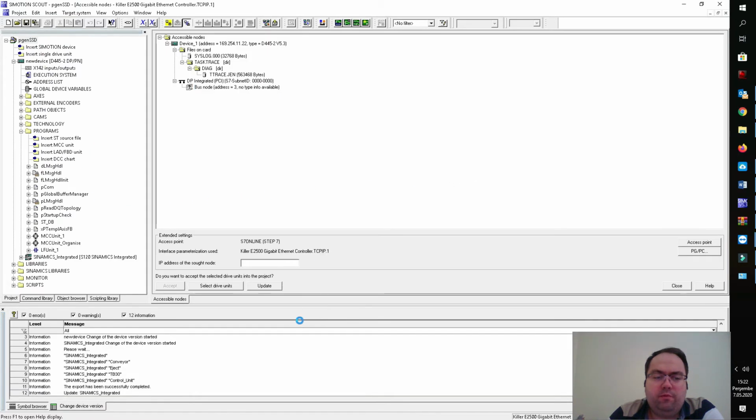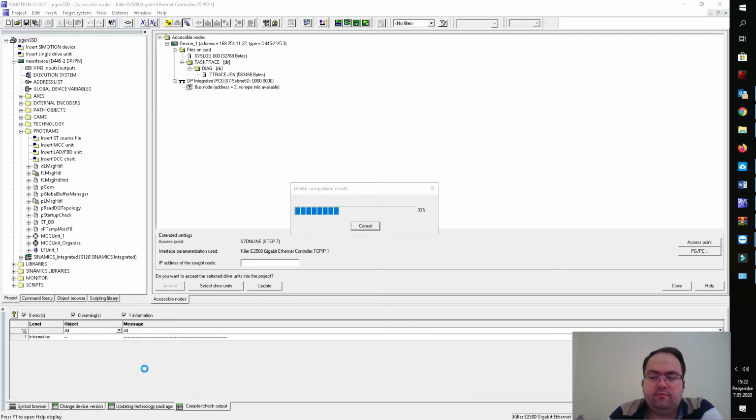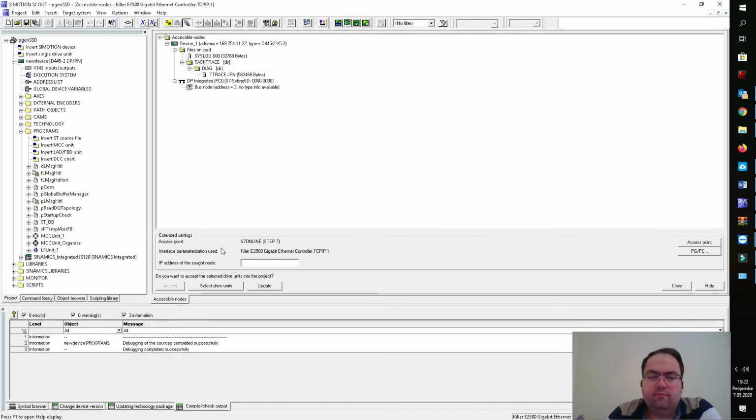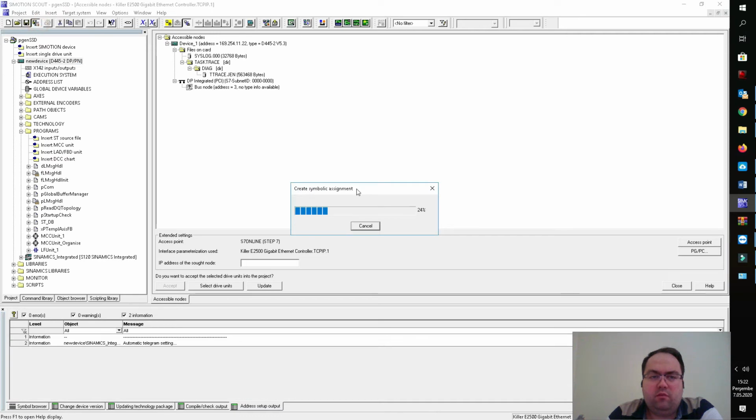Now reopened. You can trace the output window for the changing device version procedure. And that's it. I have to save and compile my project.